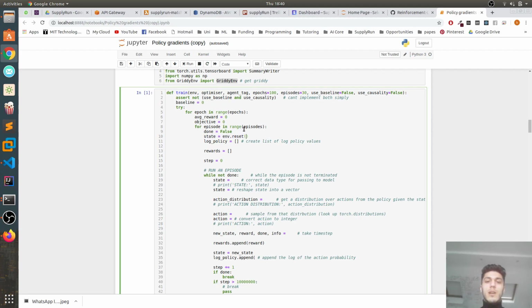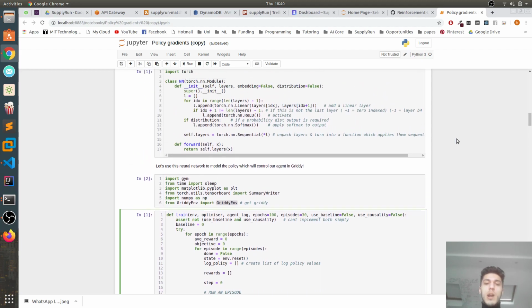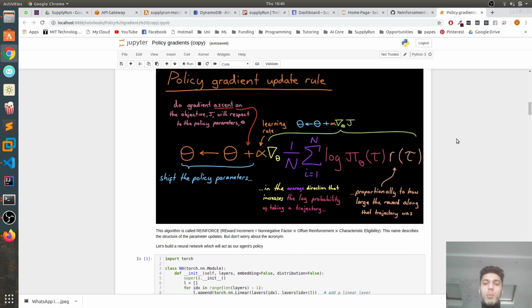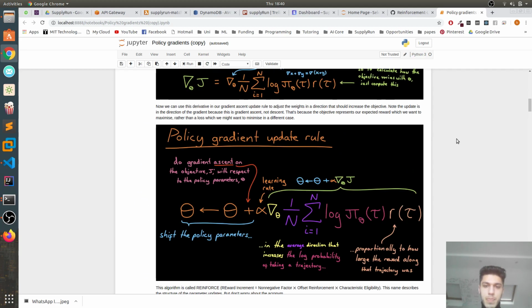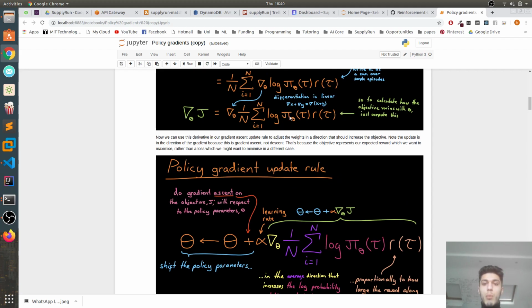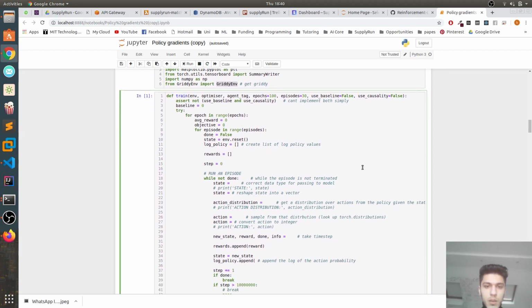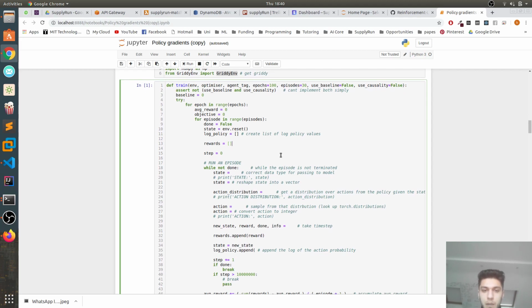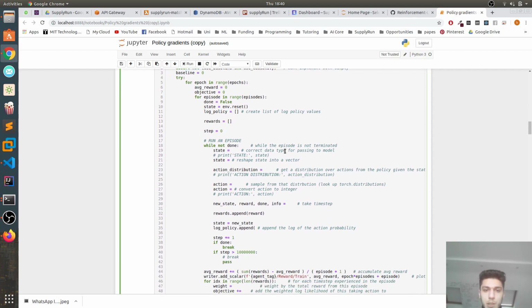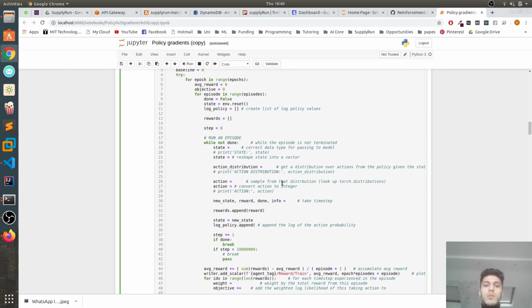We reset the environment, and then we create a list to keep track of our log probability values, i.e. this. And yeah, our rewards for that particular episode, it's an empty list to begin with, and we keep on appending to it at the end of each step. The number of steps in this particular episode, 0. So while not done,